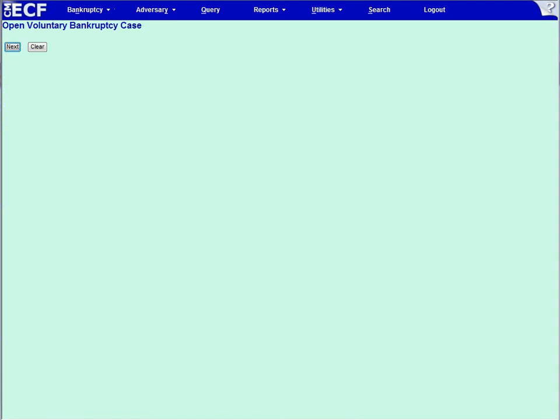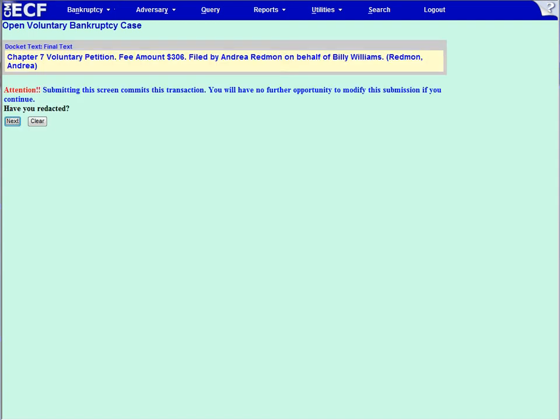Every now and then, the CMECF system will need to run something in the background, and you will see a screen such as this with nothing on it except the Next button. When you see this, please go ahead and click on Next to proceed. We now see the final docket text. Please review this information to ensure everything looks correct, as this is what will be placed on the court docket